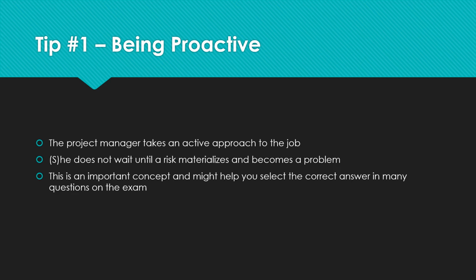So like I said, when there is a scenario based question, you might have certain options which tend to imply that the project manager was not proactive in solving a certain problem. Those options are definitely incorrect. They are out and out incorrect, because the concept that I want you to remember while writing the PMP exam is that the project manager is always 100% of the time proactive. How much of that is true in real life? That is up in the air, right?